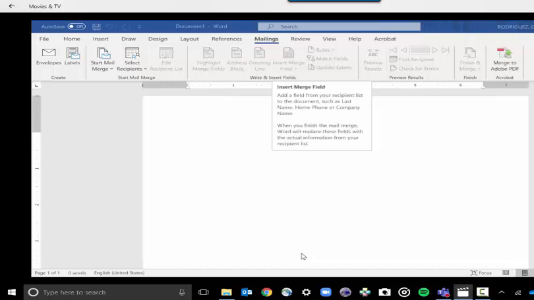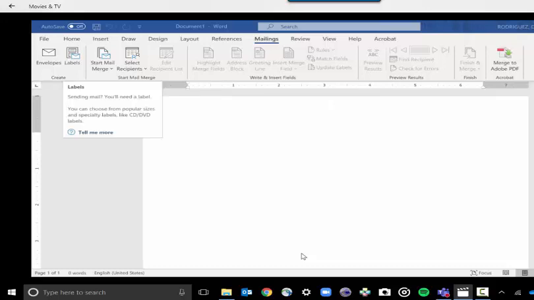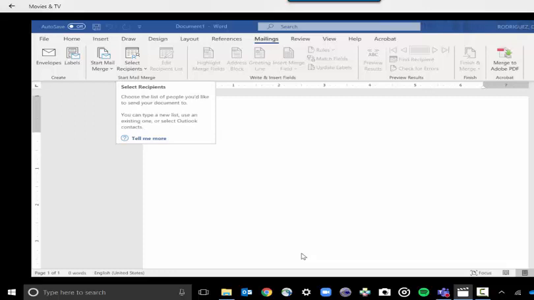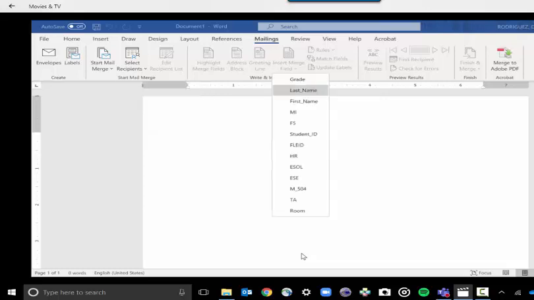So quick step. You're going to go to labels. You're going to select the labels that you're using. You're going to select your recipients, in other words, your database. What Excel file are you going to use for this? It opens everything, and then you start your insert merge. So you're going to say, okay, I need this by last name, student, first name,